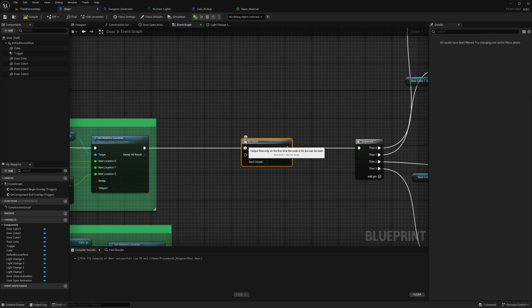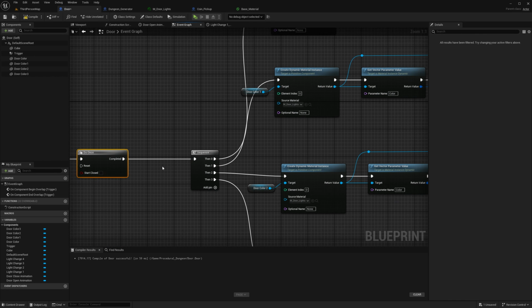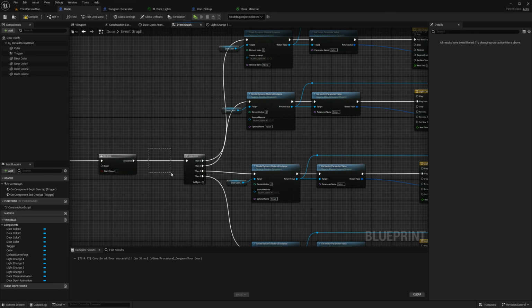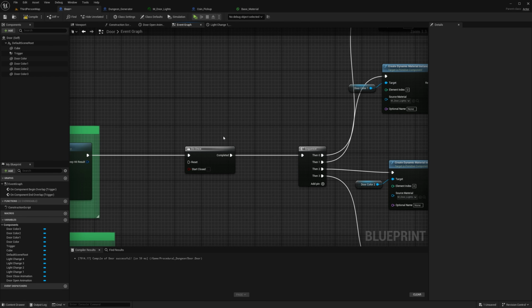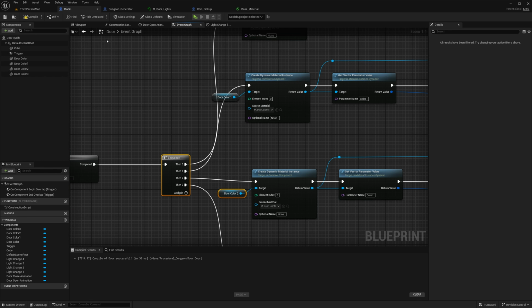So a do once node here means that everything from here on will only work once. Then next time you enter the trigger box, everything here will be ignored because it has already been triggered once and it can only do it once, so nothing will happen. Let's compile it and play.